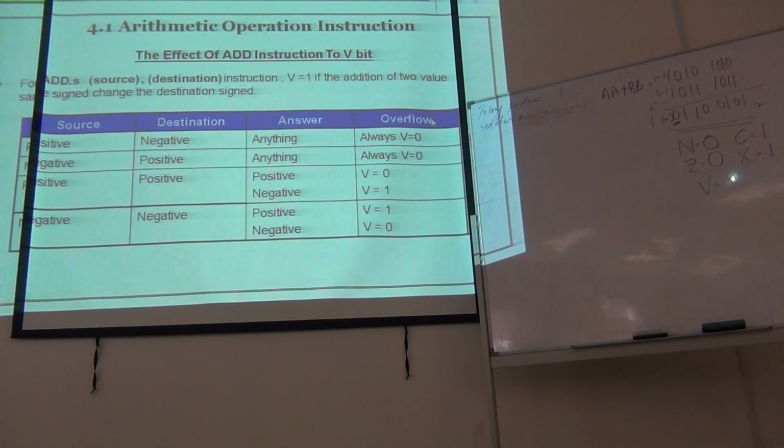So for add overflow, the sign says destination over here, and of course destination and source are the same. So it's negative, negative, and the result is positive. So which one? Negative and negative, the result is positive. Your V will be equivalent to